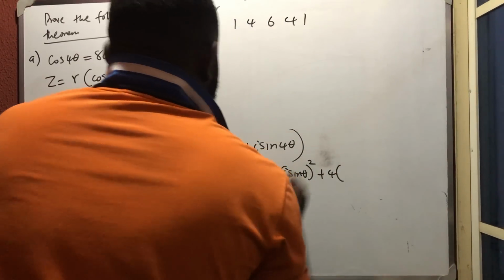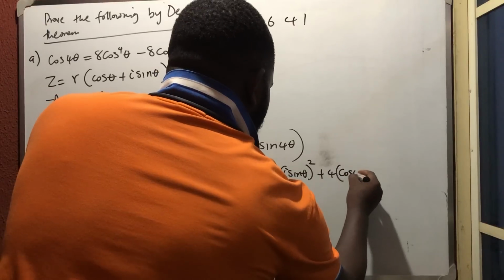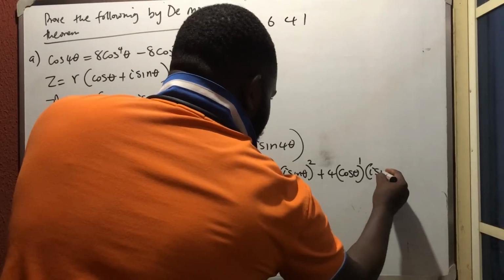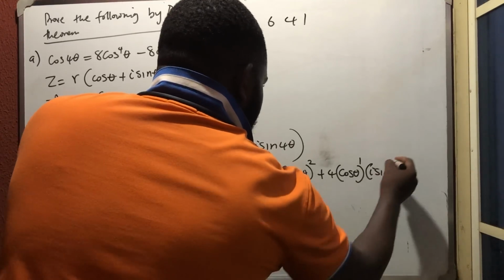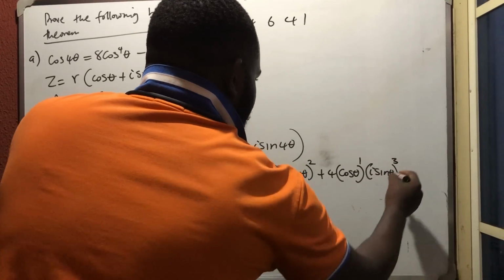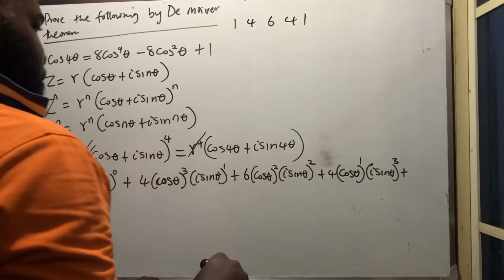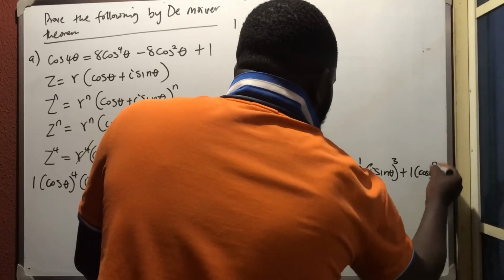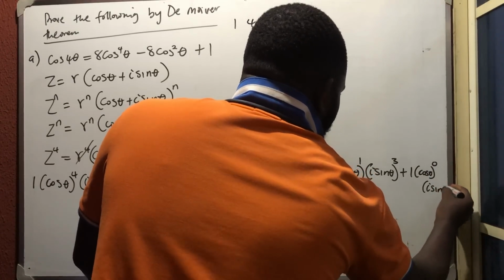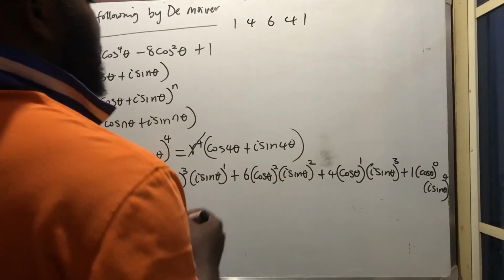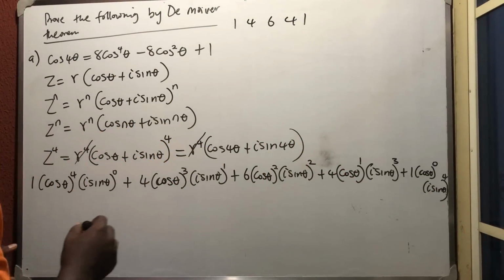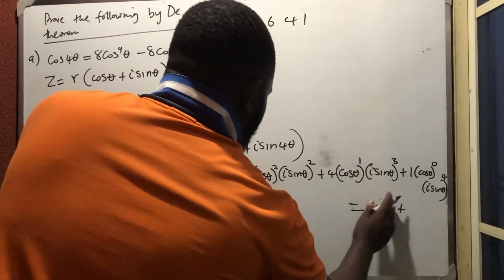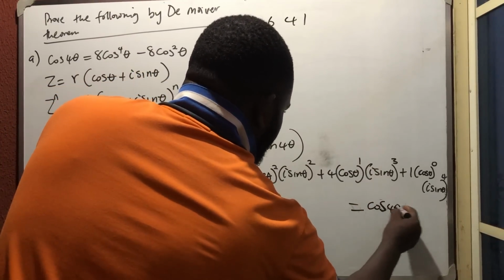So the next one is plus 4. Then you now have cos theta raised to power 1, because it's 1. Then the other one will be i sine theta raised to power 3. Then the last one, plus 1 in bracket, cos theta raised to power 0, while i sine theta is raised to power 4. Okay, so that is how it is now. And don't forget that it is equal to this, which is cos theta plus i sine theta, all raised to power 4, which is cos 4 theta plus